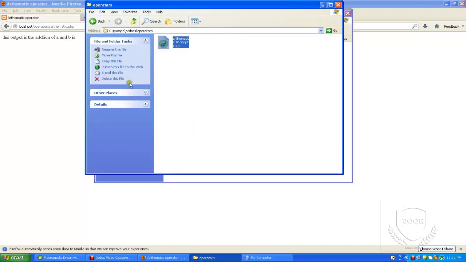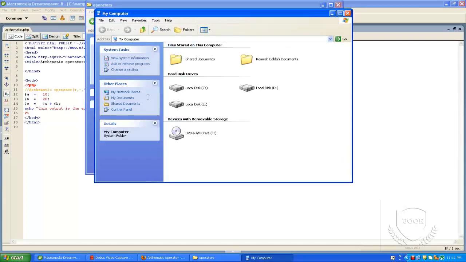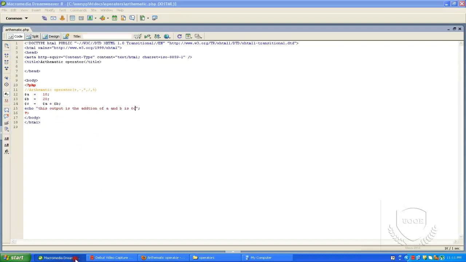This is the output of a and b, and I'm printing the variable $c. By using this arithmetic operator addition, I added two variables.